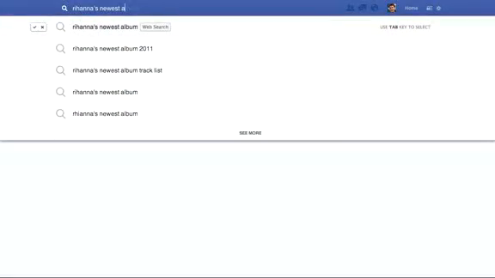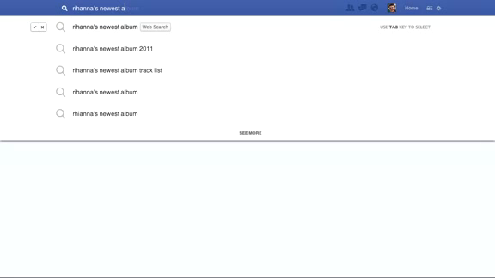So even in its early stage, Graph Search can help you find a lot of different types of content on Facebook. But when we can't find what you're looking for, we have a partnership with Bing so that we can also show you some world-class search results in the event that there isn't something in the graph that matches your query. So let's take a look at how this works. Let's say I search for Rihanna's newest album, which is some content that isn't yet mapped out in the graph. Rather than not being able to show anything, we figure it's much better to have web search results here and a good web search engine.